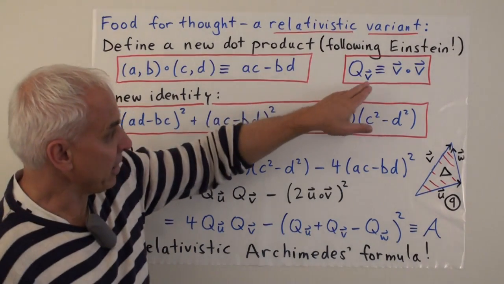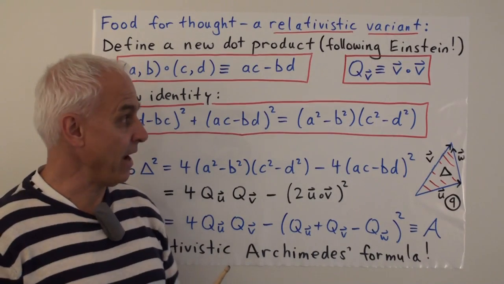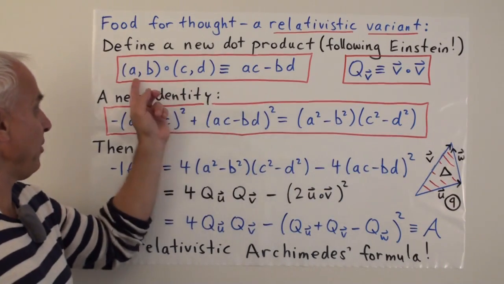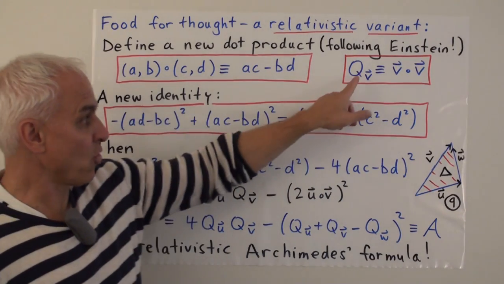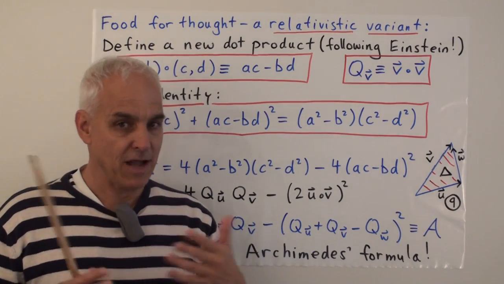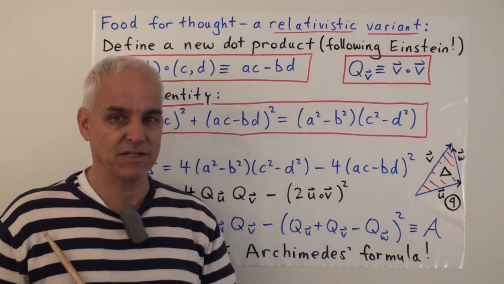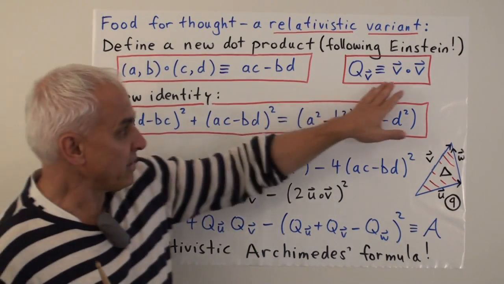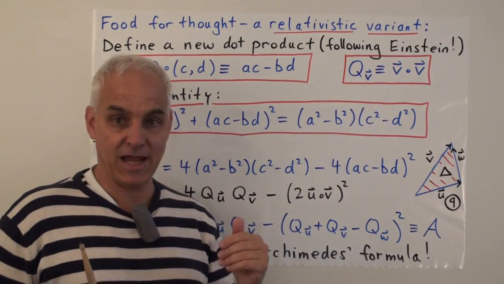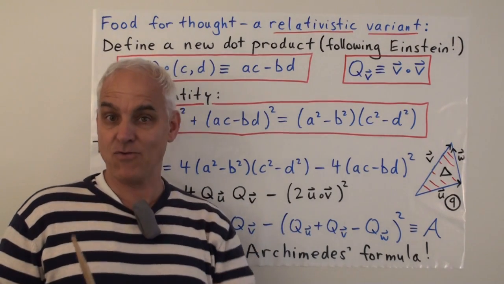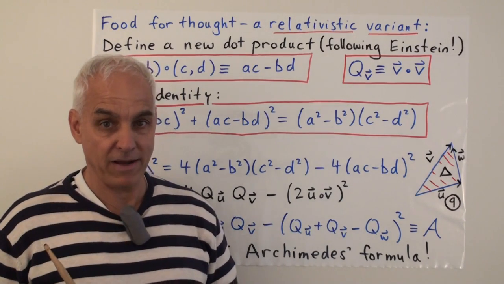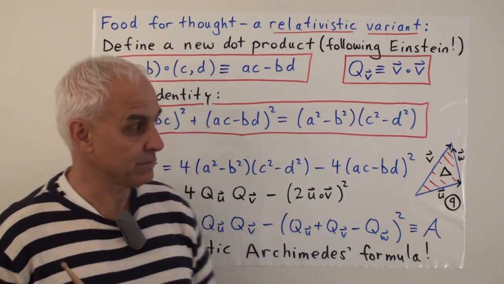And correspondingly, we'll define the quadrance of a vector now as still v dot v, but now it's v circle dot v. So for example, if v happens to be (c, d), then the quadrance of v will be c squared minus d squared. This is the kind of thing that you do in relativistic physics. In that context, you don't want to take the square root because sometimes these vectors can have positive quadrance and sometimes a negative quadrance. And if the quadrance is negative, then taking a square root is more problematic, even more problematic than it usually is.